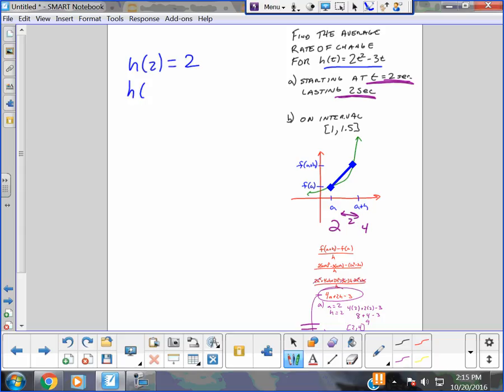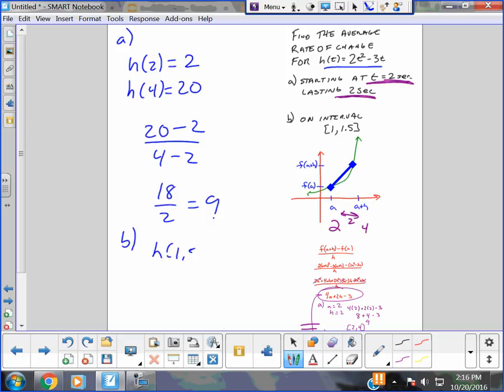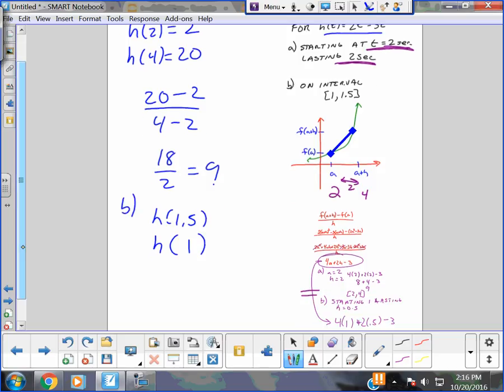I get h of 4. I plug in 4. I get 16 times 2 is 32, minus 12 is 20. 20 minus 2 over 4 minus 2. 18 divided by 2. The answer for letter A, the average rate of change, is 9. Same as we just found. Can I do the same thing for letter B? Absolutely. I can find h of 1.5, and I can find h of 1. And here's what I'll tell you. I'm not going to do it again,